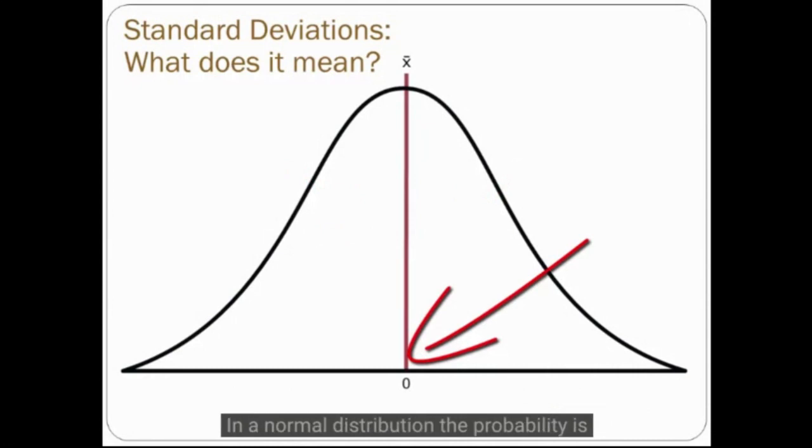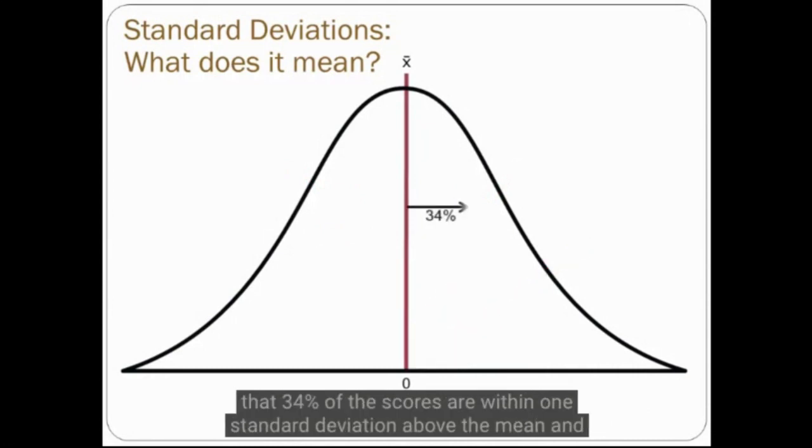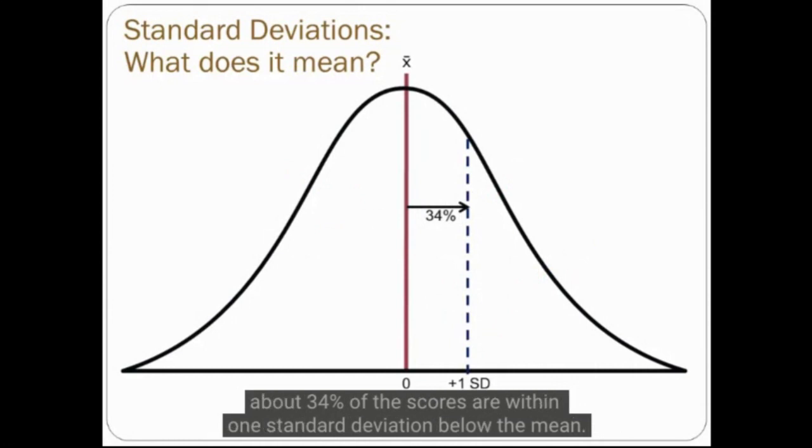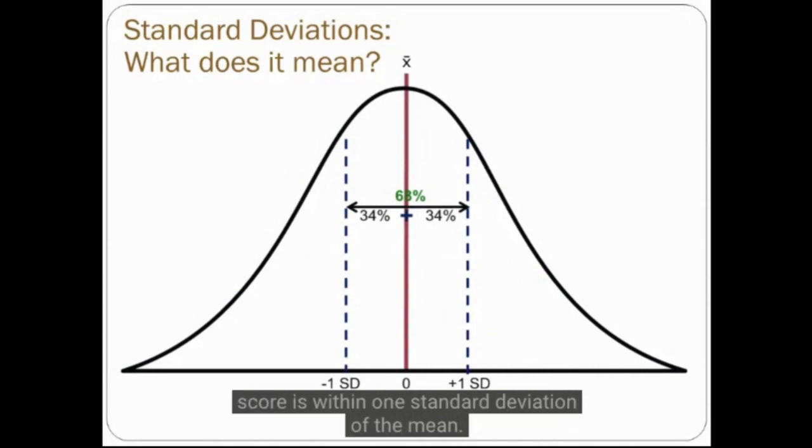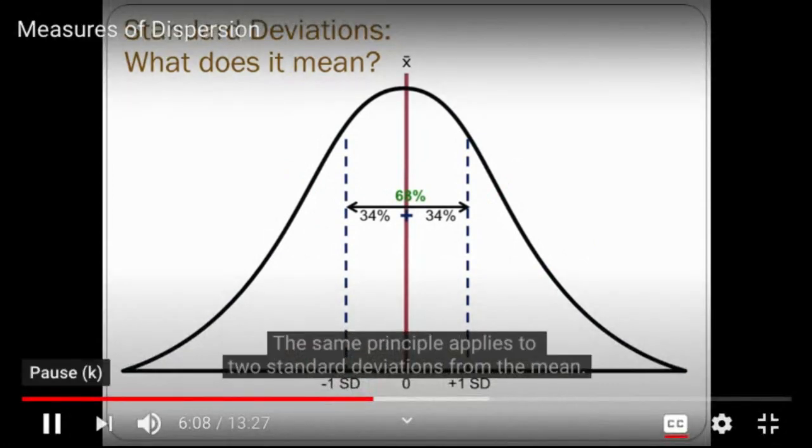In a normal distribution, the probability is that 34% of the scores are within one standard deviation above the mean, and about 34% of the scores are within one standard deviation below the mean. Added together, this means that there is a 68% probability that a score is within one standard deviation of the mean. Okay, we'll talk about it further on in the course, but